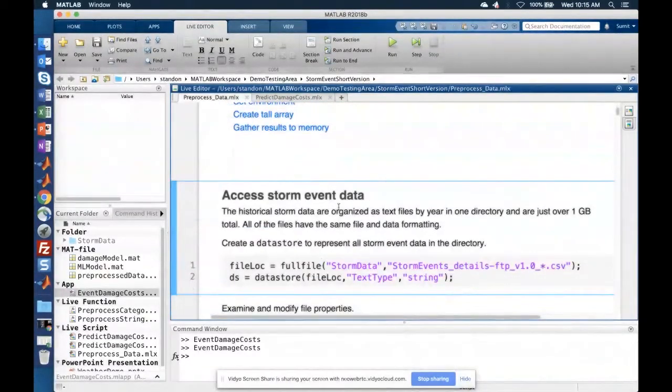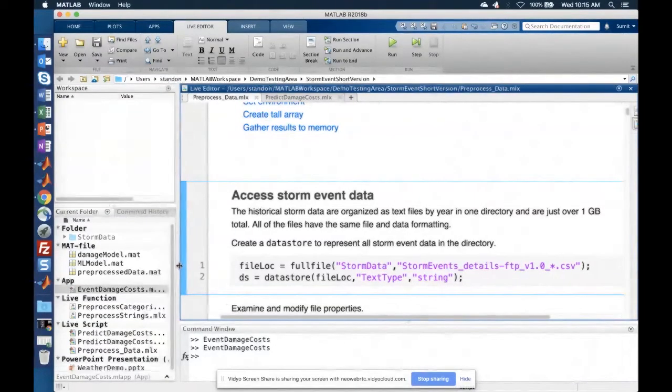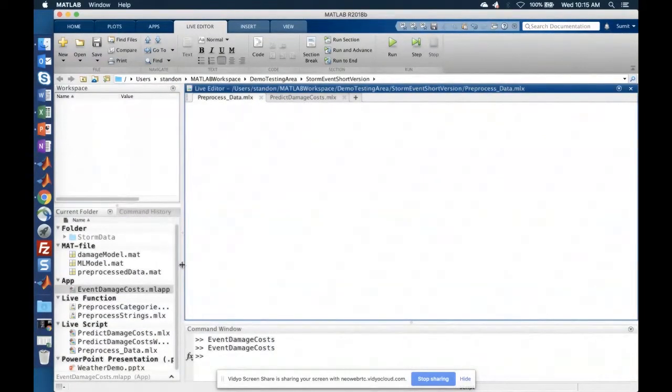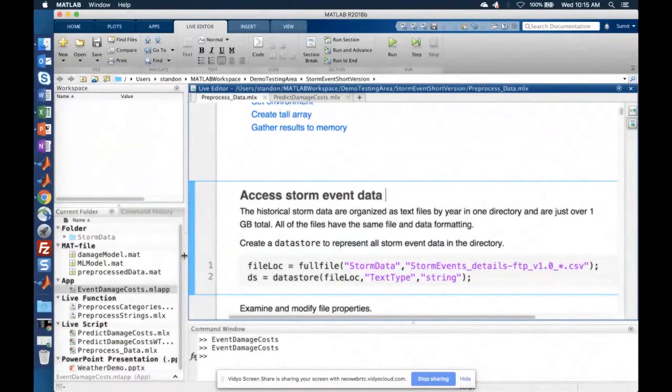One thing I will start by pointing out is that this is a typical large data application, or I would say medium-sized data application. I have data for about 20 years in one directory, and it's about 1 GB in size. The same workflow can apply for data of a much larger size as well.